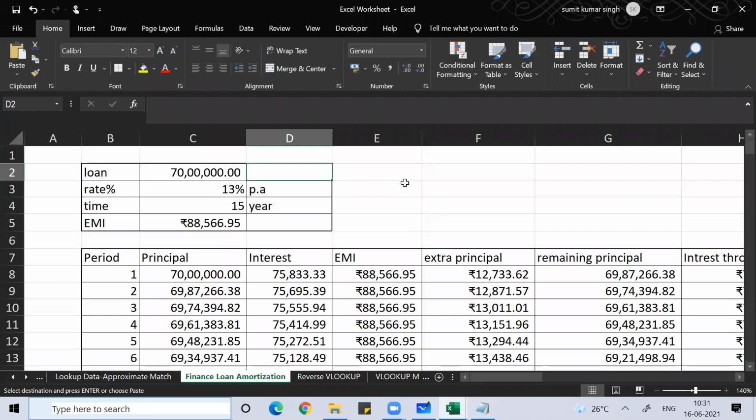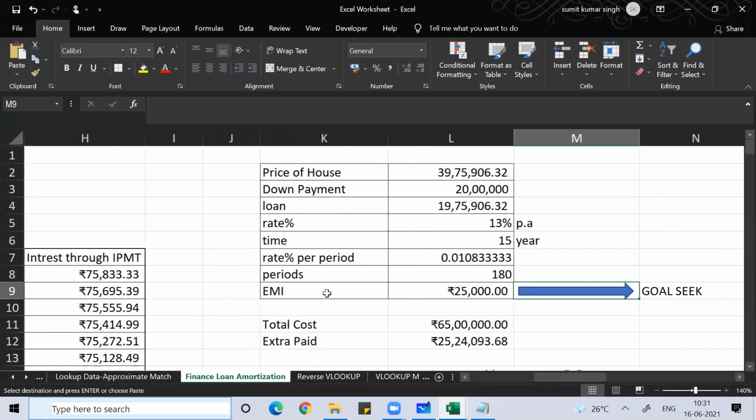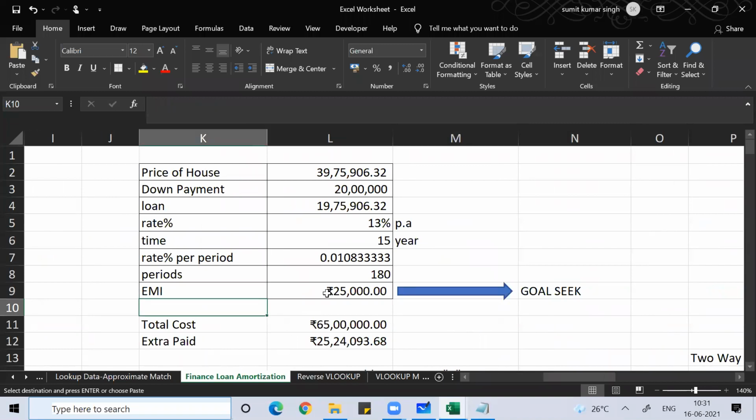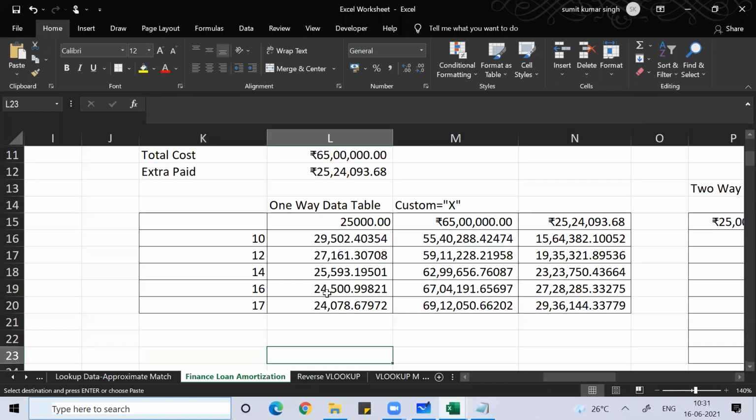If you ask how they got that value, they themselves don't know. They have a chart: if you take a loan for this many years at this rate, your EMI will be this much.